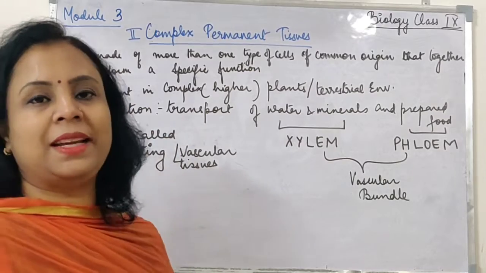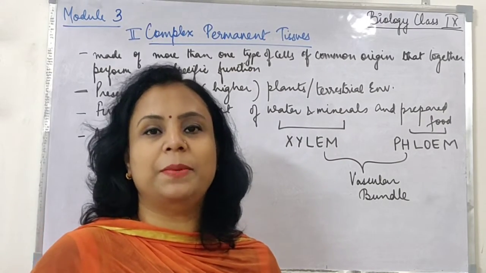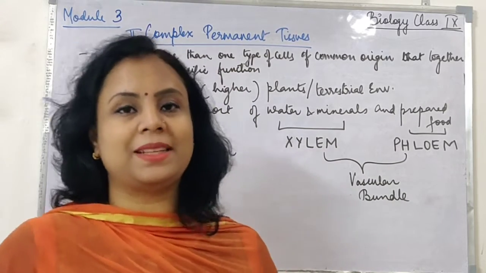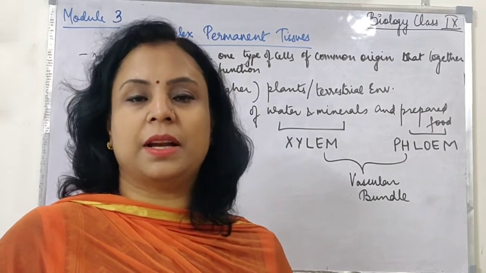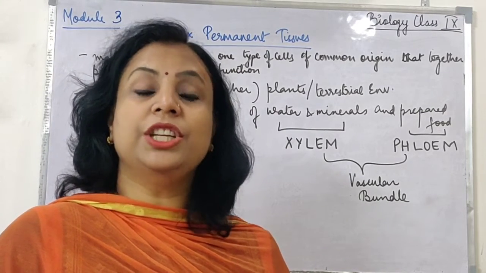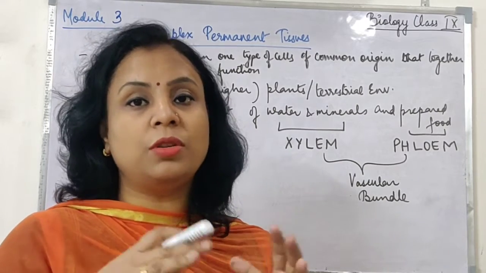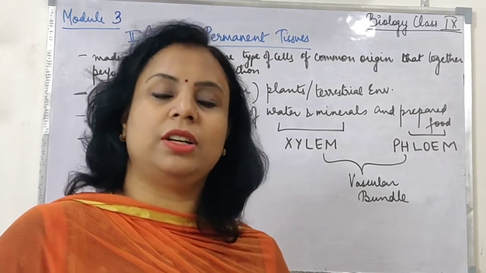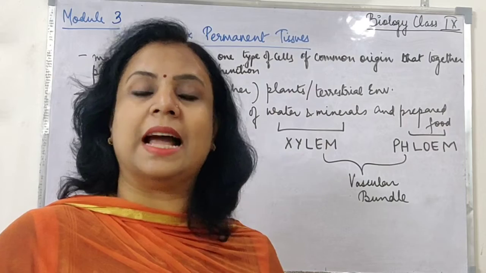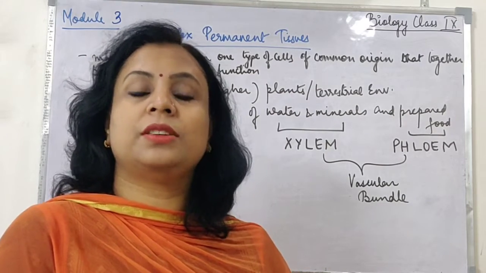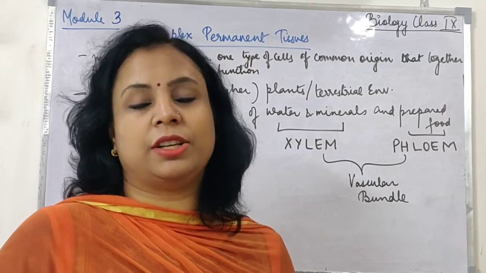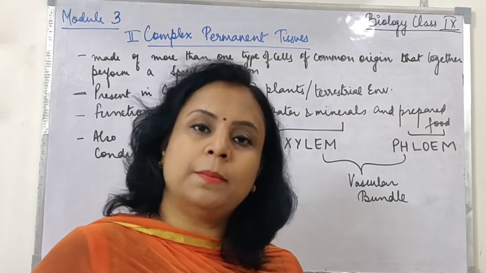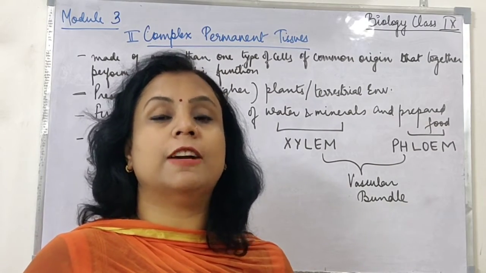Now the word complex in itself is a bit complicated. Complex permanent tissues are present in complex plants, which means higher plants, which need more types of tissues, more structures for their survival. Such types are the terrestrial plants surviving on land, and in order to survive on land they need extra tissues, which are also known as the vascular bundles. These complex permanent tissues are also known as vascular bundles.